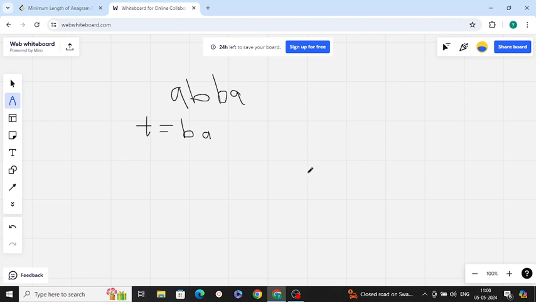First of all, you need to understand what an anagram is. Anagram is nothing but, we are given this string, we can rearrange the characters of this string, and after concatenation of all the possible rearrangements, we check whether we are able to form this string or not. So here, BA is a rearrangement of AB. When we concatenate these two, AB and BA, it will give this string s. This is an anagram of it.